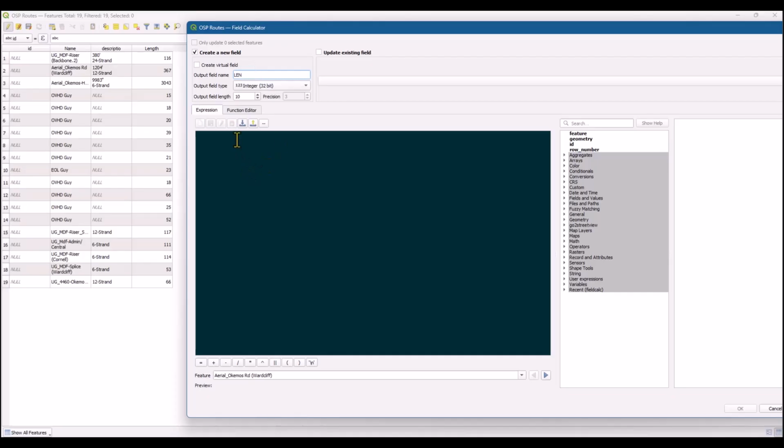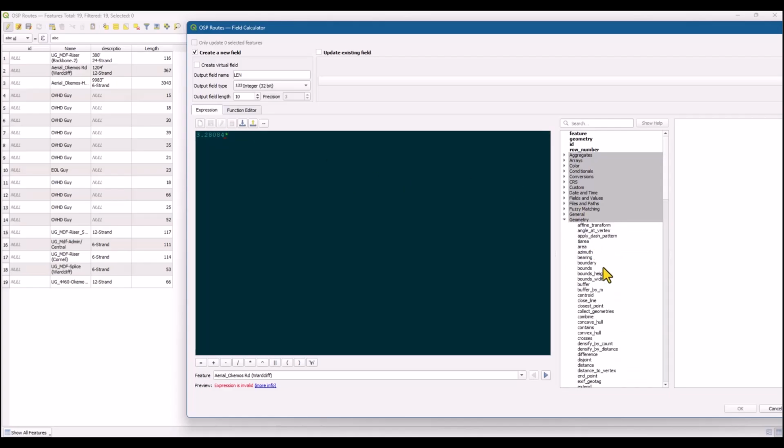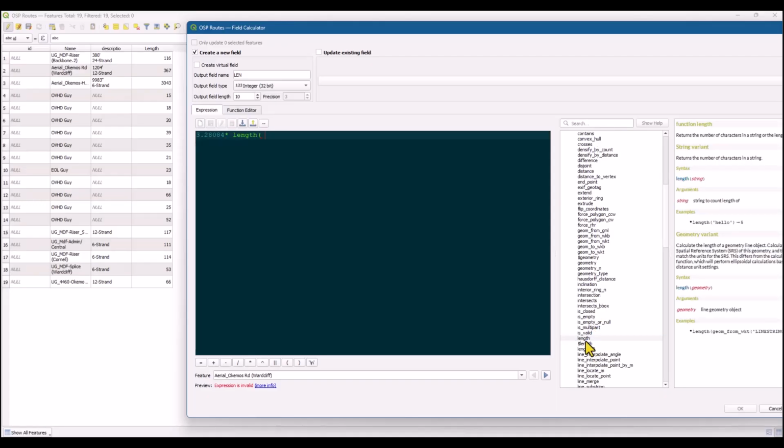And then we'll do like we did. Well, actually, let's do this. Meters to feet is 3.28084, and we'll multiply that by the length. And so we come back over here to geometry, and we find the dollar sign in front of the length, and